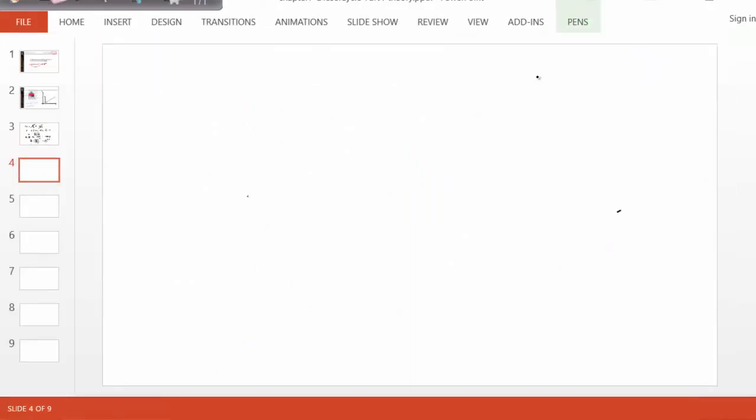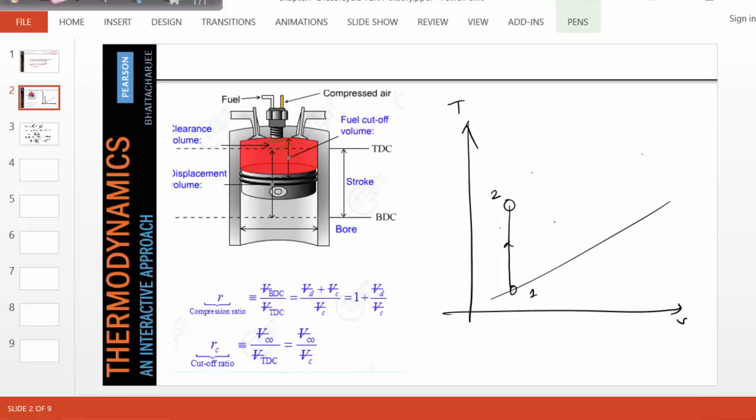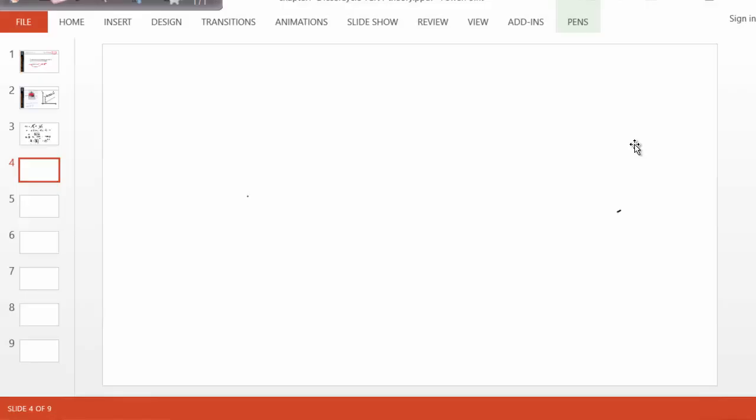The heat addition process on the T-s diagram will be a constant pressure line. And recall that a constant pressure line is less steep compared to a constant volume line. So from 2 to 3, the heat is added at constant pressure. To derive a formula for that,